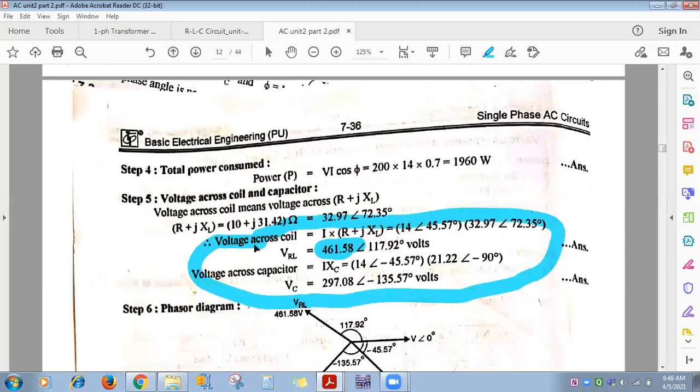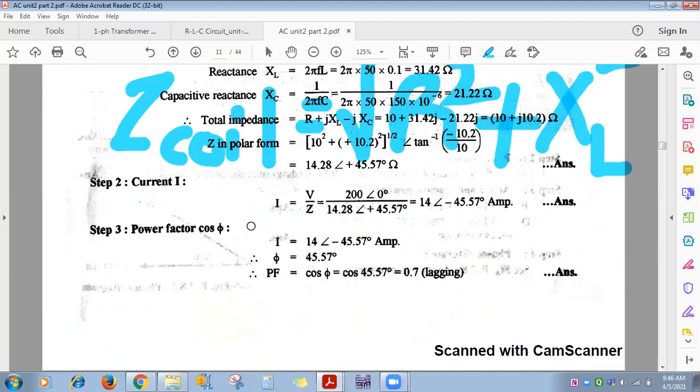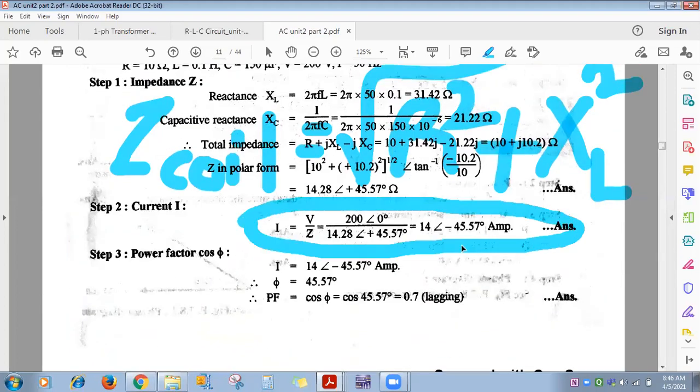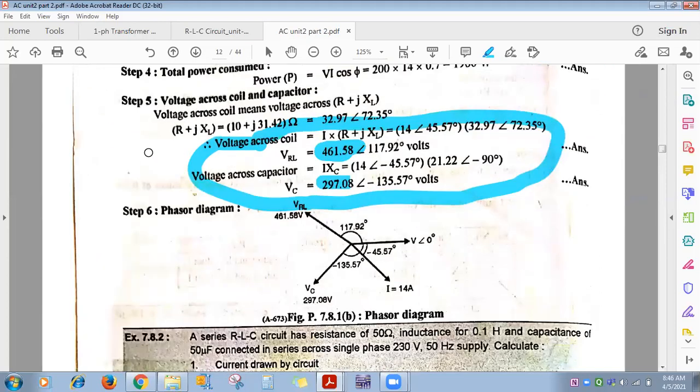ये जो है ना voltage drop across coil and voltage drop across capacitor, only for these two I am telling to you, options will only be definitely in terms of magnitude only, not for the previous one. Like for current, options can be in terms of polar, magnitude and angle, but for this don't worry. For these last two, those who can calculate in polar form, well and good, but I'm sure for the last two, options will only be in terms of magnitude. Got it? Okay.